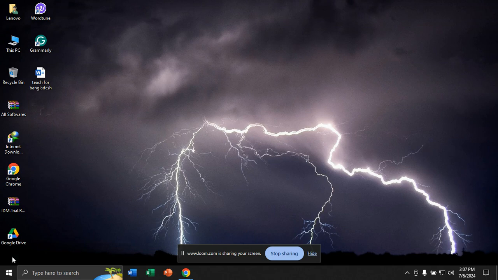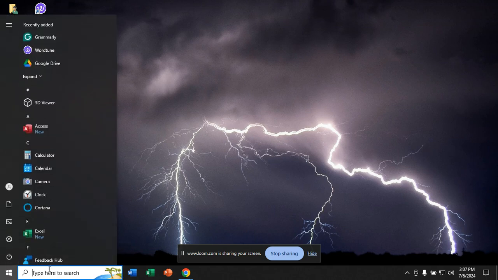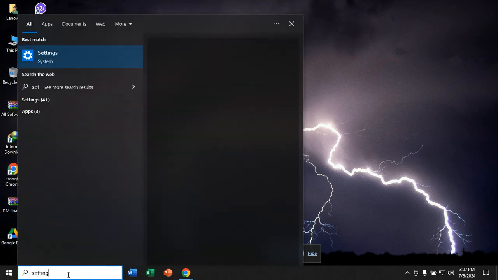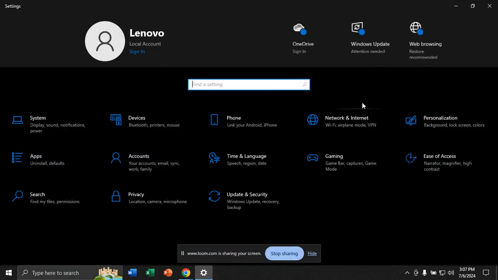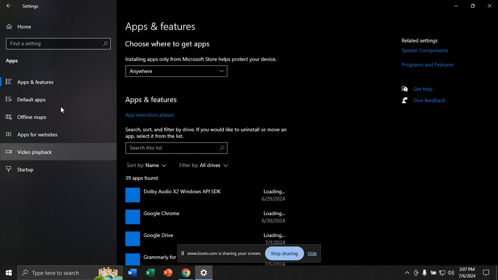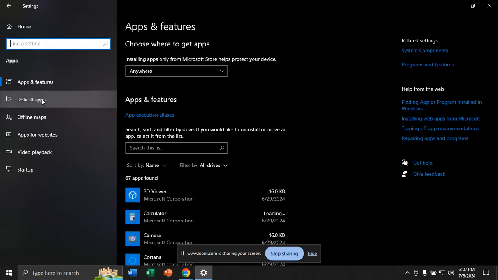So first of all, we have to go to here, type here to search. From here, we will click, write settings, and you will find the settings option here. You will click on settings. Then you will find apps. In the left hand side corner, you will find apps. Click on apps. Now you will click on default apps,